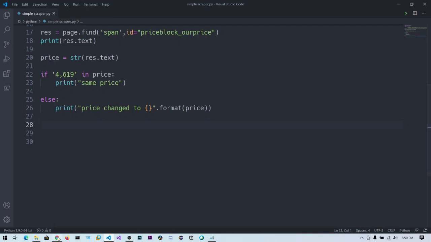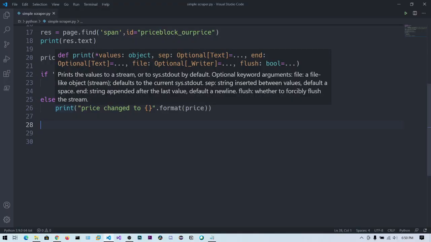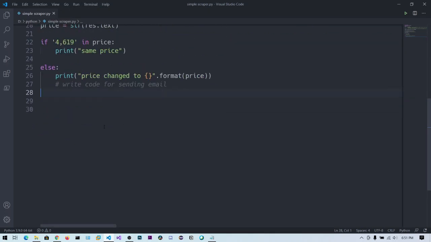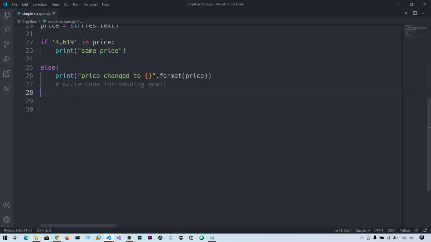You can just Google a sample email program, copy and paste that email code in the else block. One thing is you need to log in to this email, and I cannot show you that, so I will leave it up to you. Make sure that it's in the else block.